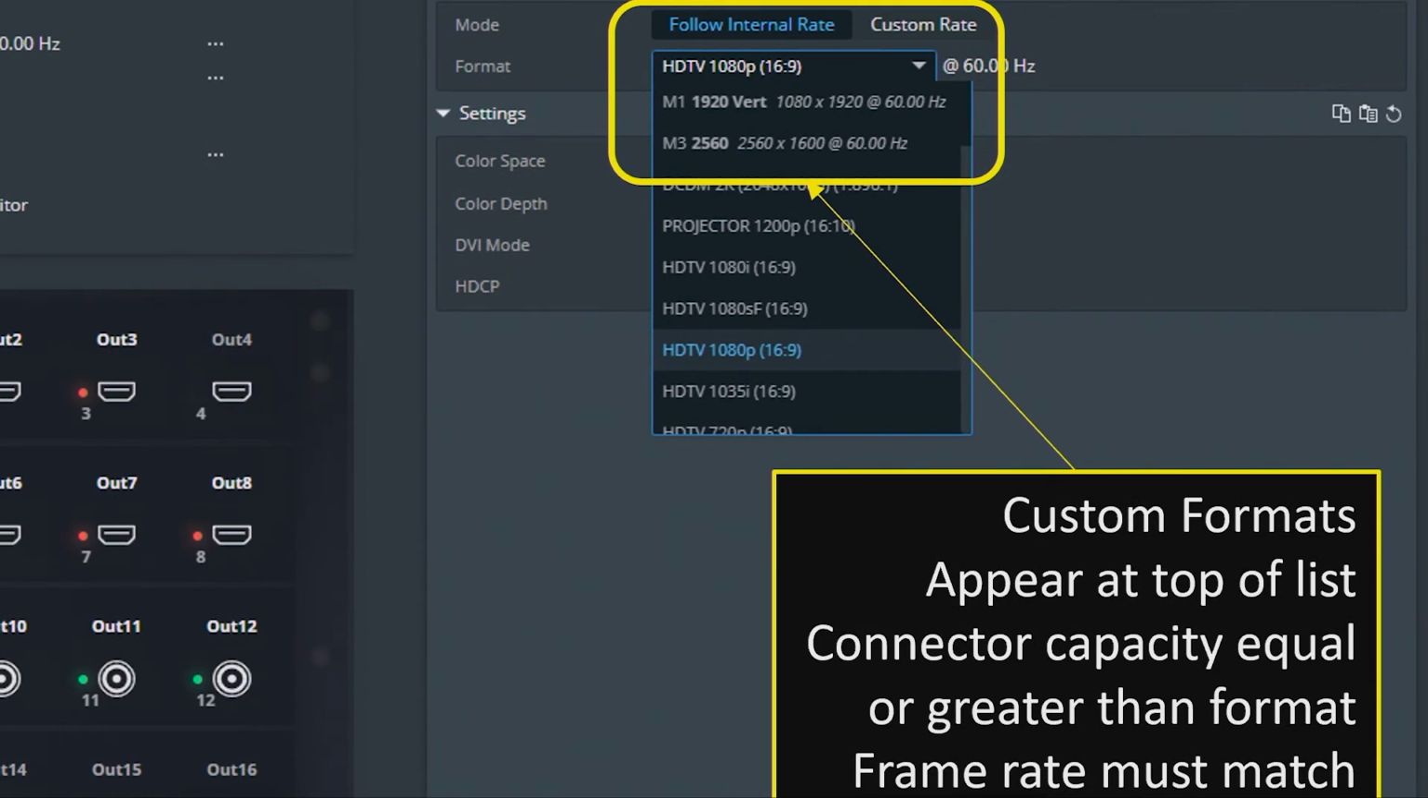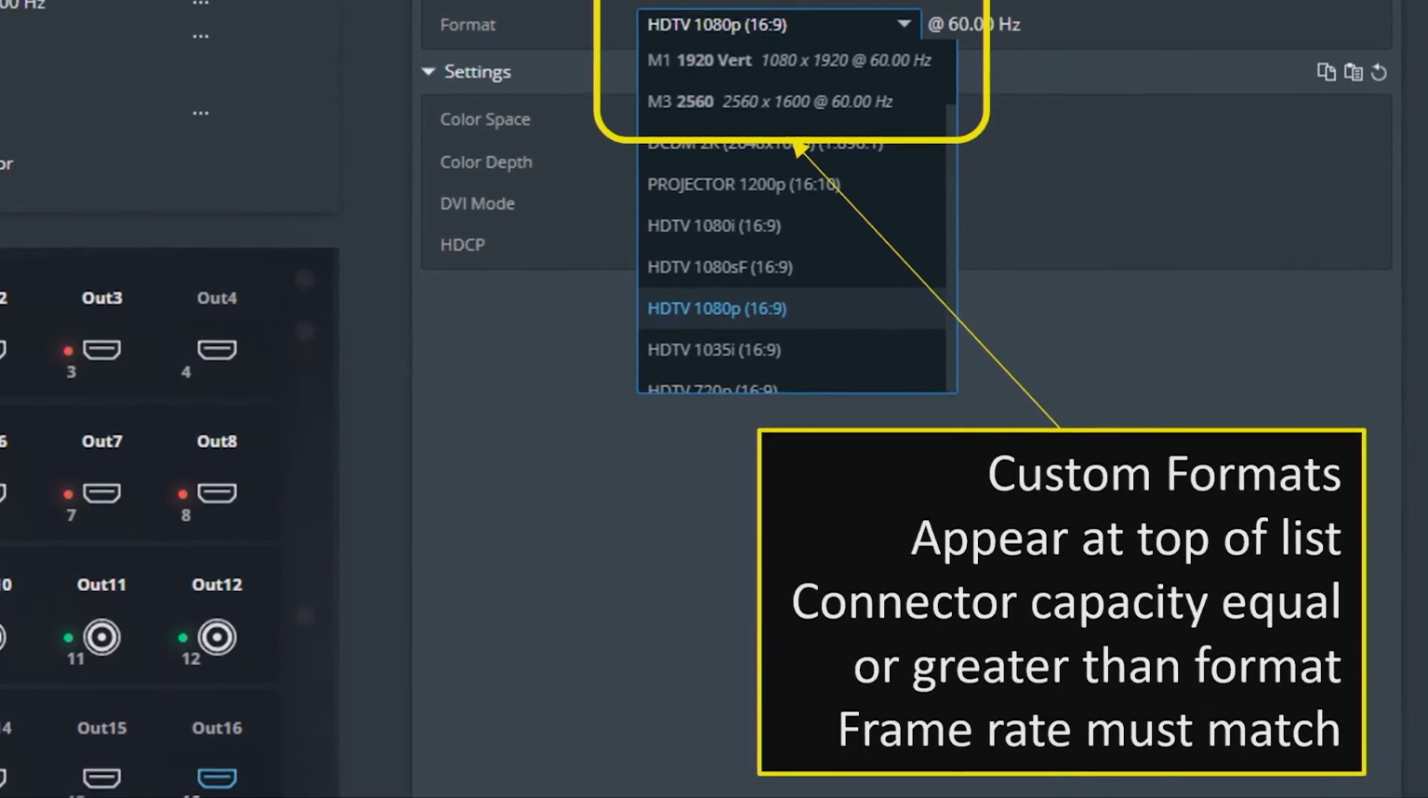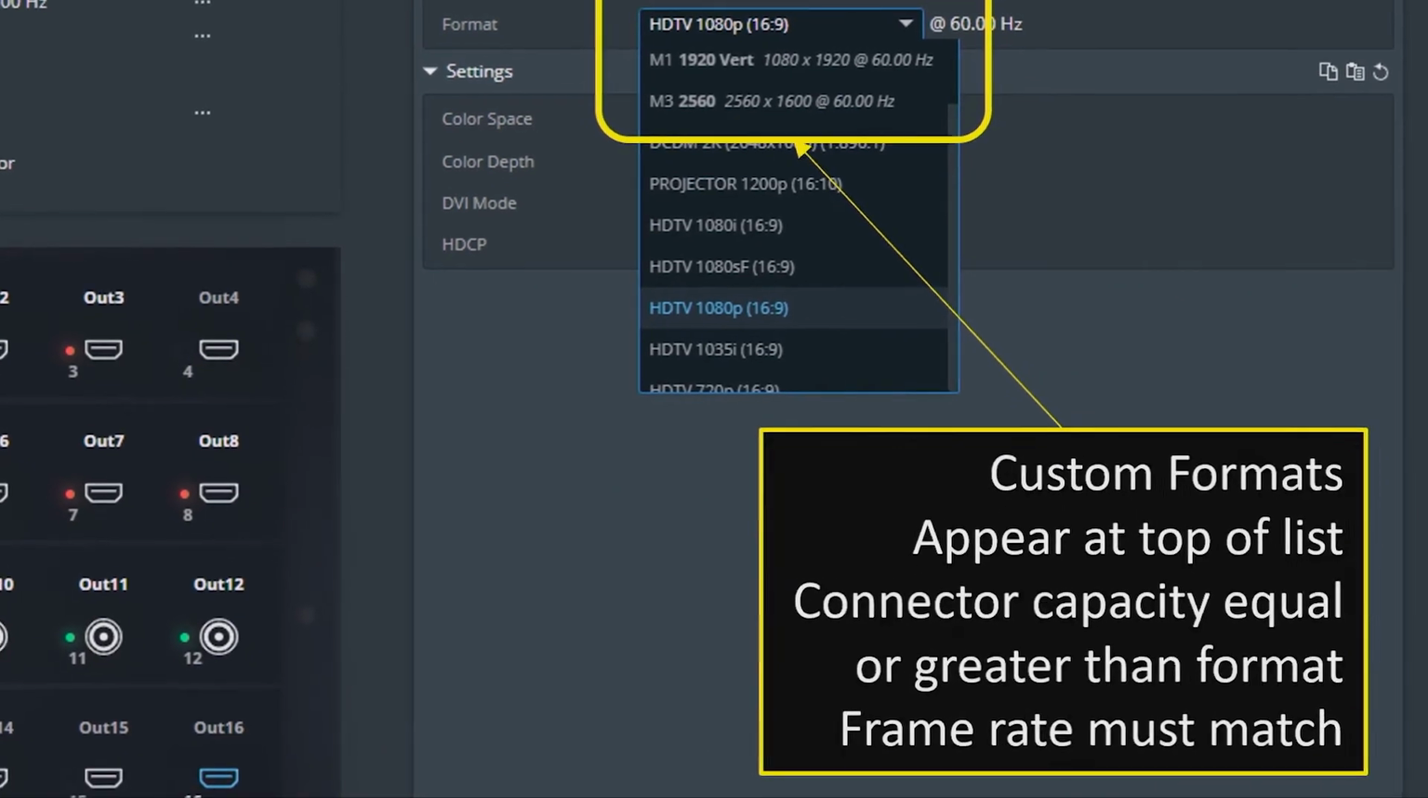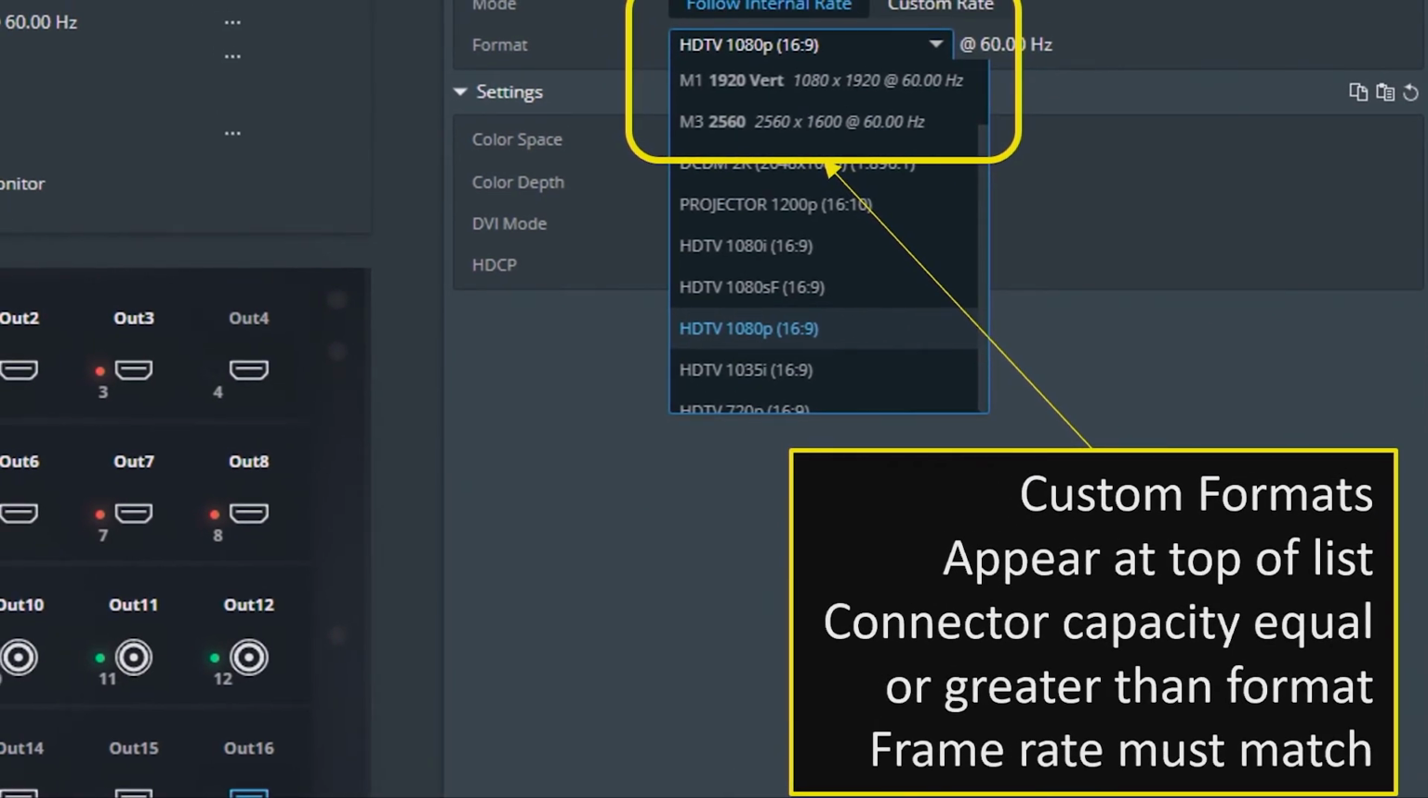They appear at the top of the format list, as long as the connector capacity and the capacity required by the custom format match, or the connector has a higher capacity. So you can apply a capacity 1 custom format to a capacity 2 connector with no problem, but you can't do the reverse. The connector capacity has to be equal to or greater than the format,